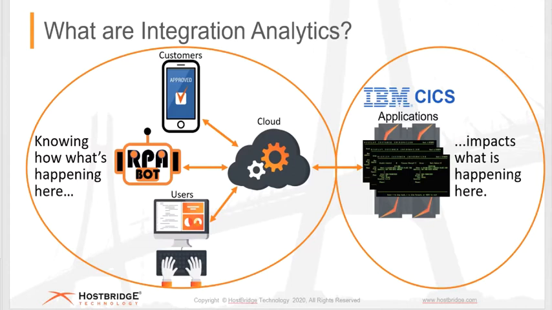Now, there are lots of great tools to help us learn what's going on in the circle on the right. We're just focused on the mainframe and just on CICS. I can go to SysView and see how many times a transaction is run, or how much CPU time it's consuming, or what's going on inside of DB2. I've got good microscopes to look inside just that circle. There are also pretty good tools to look inside the circle on the left. What's really going on under the covers of all this network interaction?